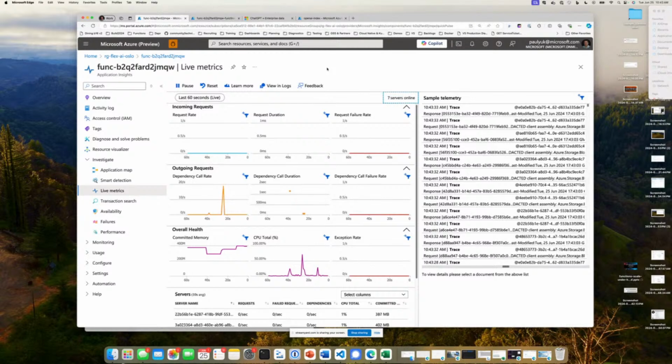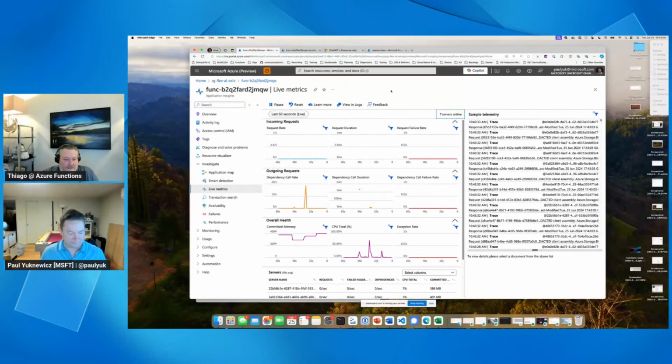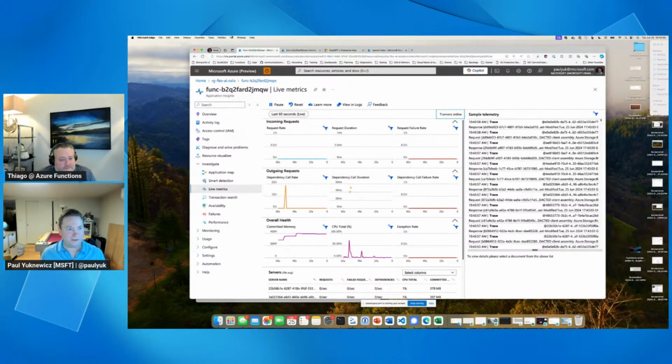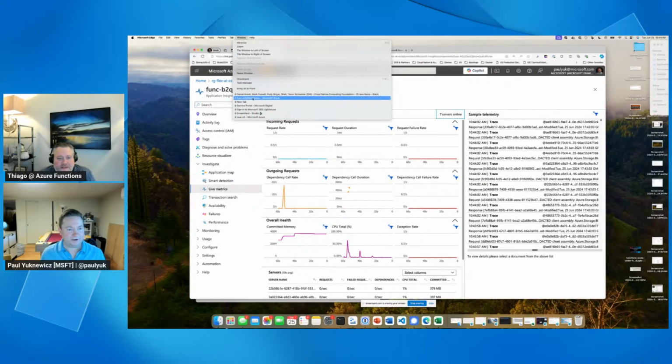All right, did I miss anything, Thiago? Is that a decent enough demo for you? Yeah, that covered the whole end to end, and I really like the power of those OpenAI extensions where you can, through lines of code, create embeddings, save them to output blobs, and do a whole end to end solution like this. Thank you. Thanks, Paul. Yeah, you really get all the building blocks you need.